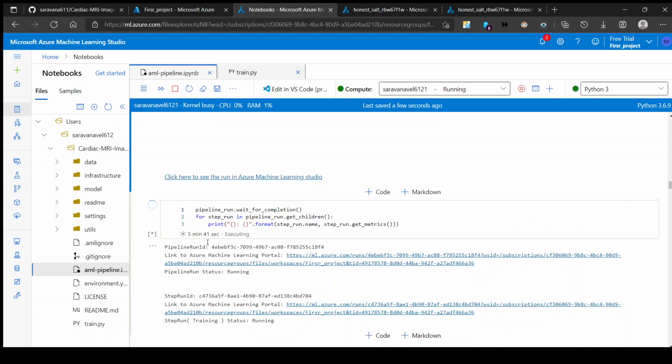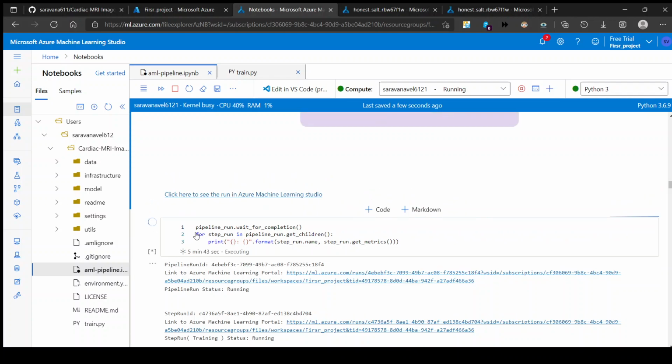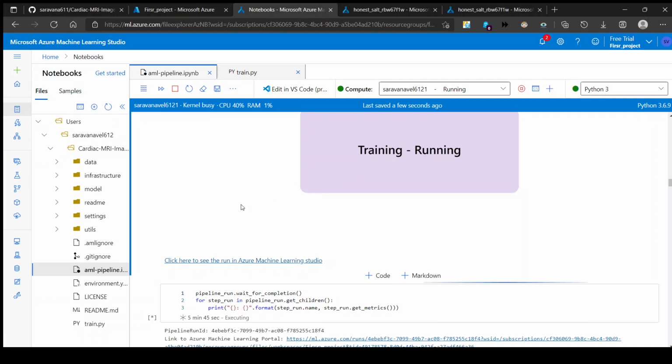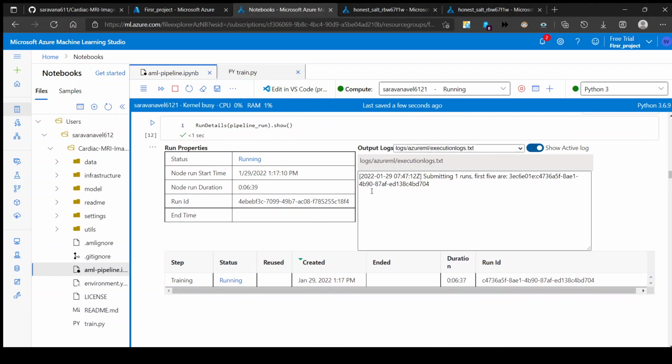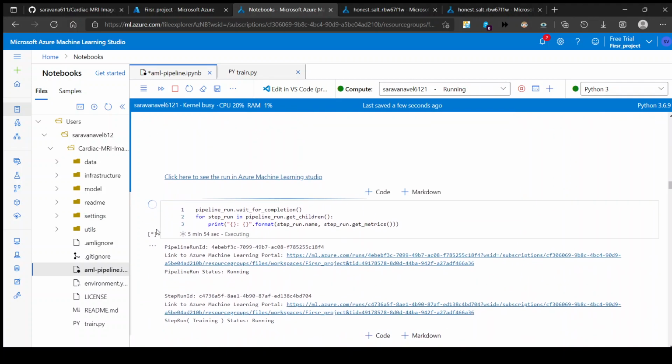It's around 5 minutes. It is still training the deployment model, so you can see the training is running. And you can see the logs also there. This is my training logs, and my status is still running, so wait until the status becomes completed. So it's around 5 minutes. Let's wait. And now you can see the running process is completed, and if you go to the portal,